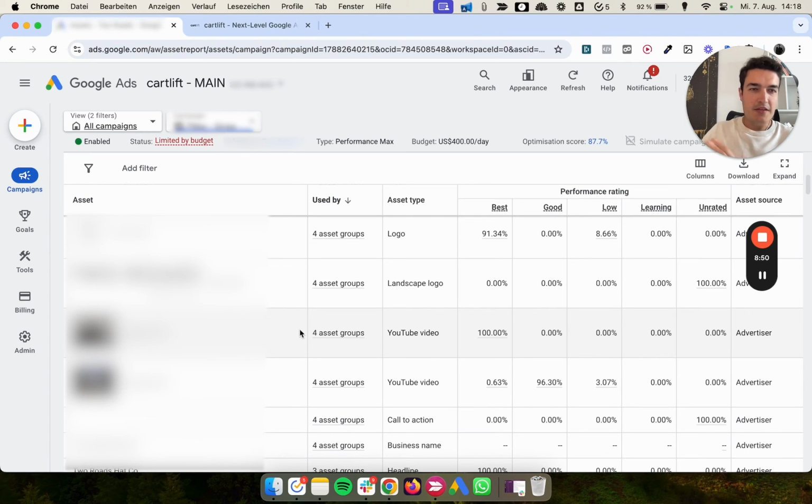If you do not add any video to your Performance Max campaign, then Google will create one for you. And those videos are typically pretty terrible. They're literally just a slideshow of some images. It looks super odd. So the thing is, if you run PMAX, ideally you have some decent video assets, but